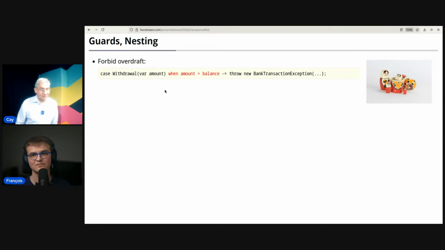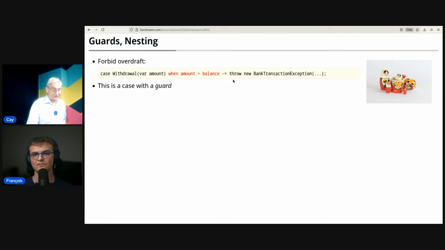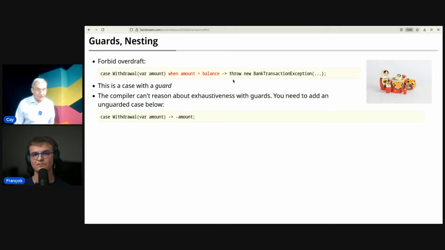There's more to what you can do with the syntax. There's what's called a guard. So I can say, in the case of withdrawal, I can then put in a condition. There's this guard clause with a when, and I can say, when the amount exceeds the balance, then I'm going to throw an exception. So that's a feature of the syntax to put these guards in front of some of these cases. With guards, of course, it becomes hard for the compiler to tell whether the logic is exhaustive, and so then you always have to put an unguarded case below it so that the compiler can track that. The compiler